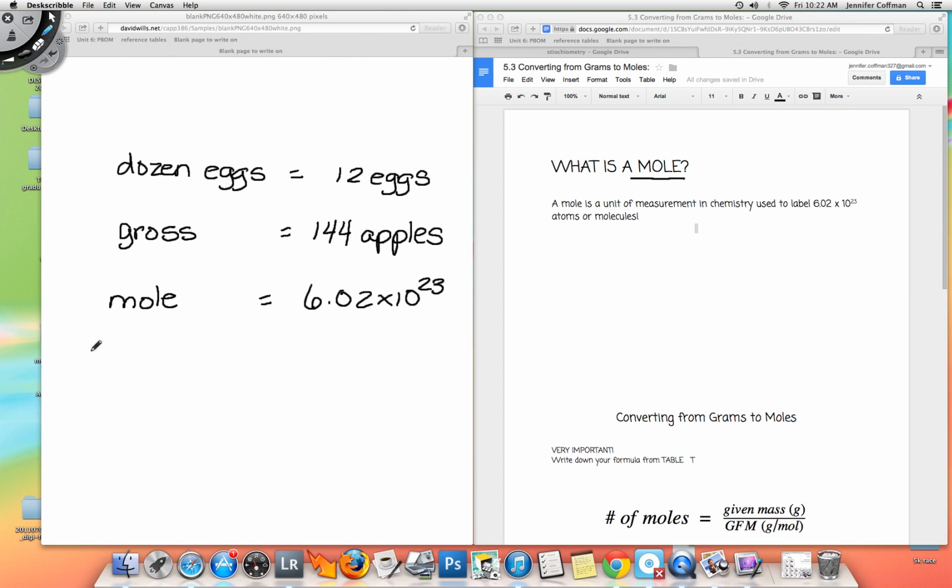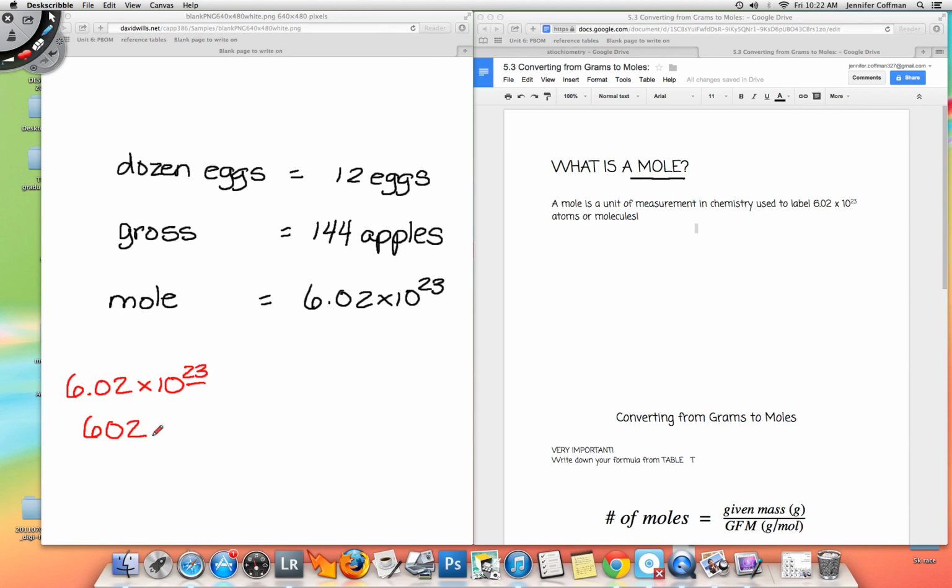That's an enormous number. It's so big, in fact, that if you started counting the second you were born, and you counted one number every second for your entire life, you would not be able to count that high. Because what this really means is that I am going to have, after this decimal right here, 23 numbers. So if I wrote 6.02 times 10 to the 23rd out in longhand,